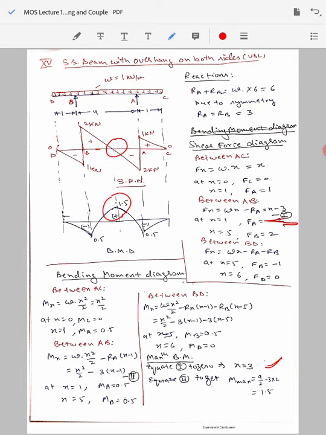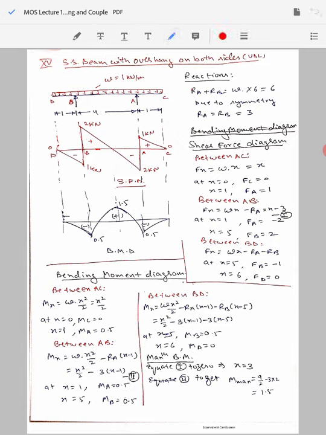So you substitute x equal to 3 in our bending moment equation for span AB. This will give you the maximum bending moment as 1.5. So now you can connect this curve here because you know exactly the bending moment value at the middle of it. So you say okay, it is 0.5 at this end, it is 0.5 at this end, and in between it is a parabola with a maximum value reaching 1.5 kilonewton meter. So this is the way we plot this bending moment diagram.